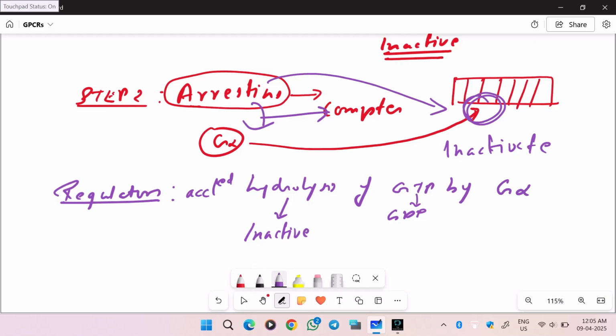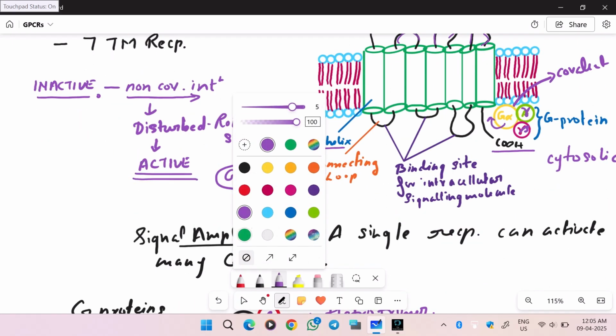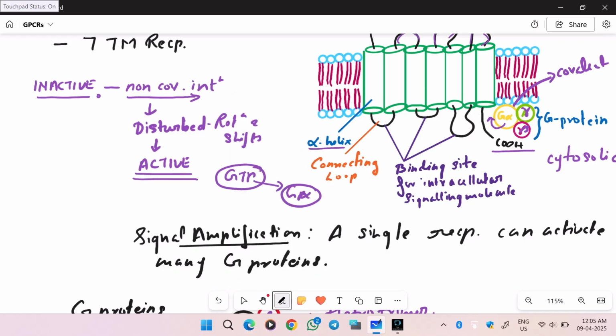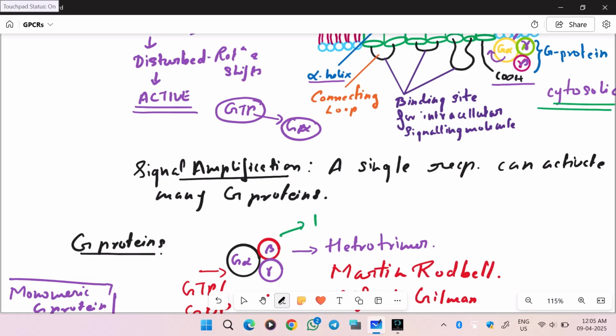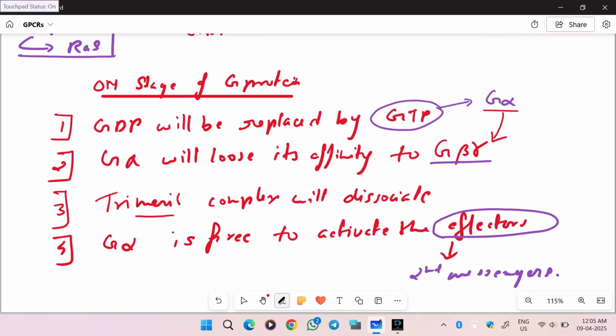Okay. Now let's get an overview, and before that I would like to discuss something else too. See, we have our G alpha, G gamma and G beta, right? And as I said, they are in the cytosolic part. Something being in the cytosolic part essentially means that they are hydrophilic. When they are in heterotrimeric form, they are hydrophilic. But I told you guys that even in the on stage it will lose its affinity to G beta and gamma, and the trimeric complex will dissociate. So when this dissociates, the G beta and G gamma, this thing turns